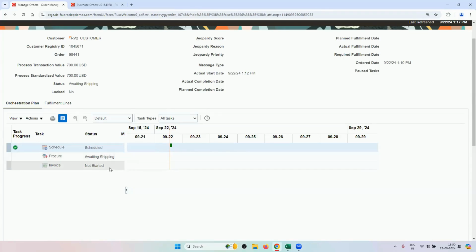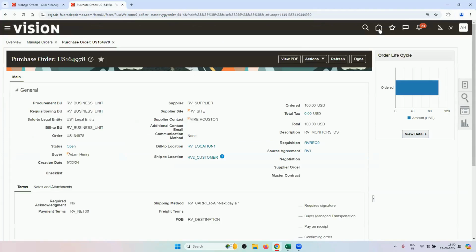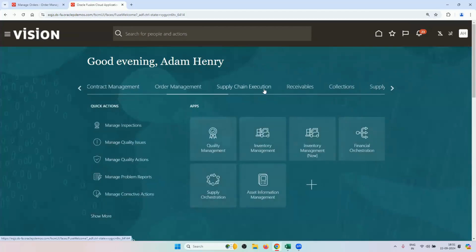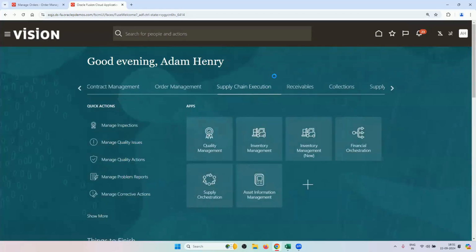And then it will be awaiting billing, and then we need to create import auto invoice. That's it. So only two steps are remaining now to fulfill this dropship sales order. So if I go to my, again, inventory work area, where is my supply chain execution over here, and inventory management,